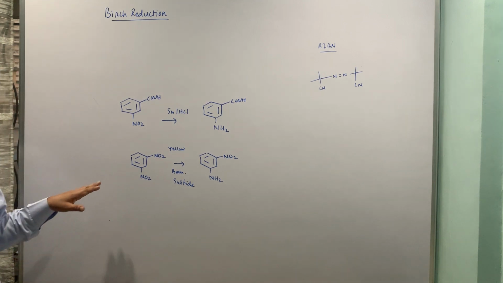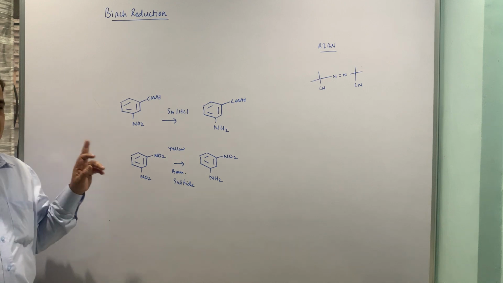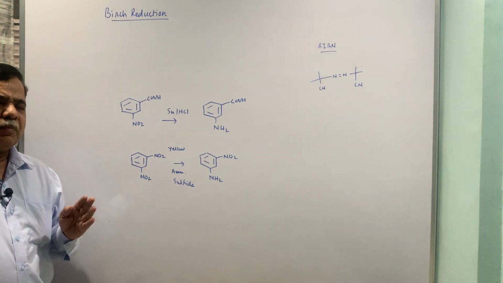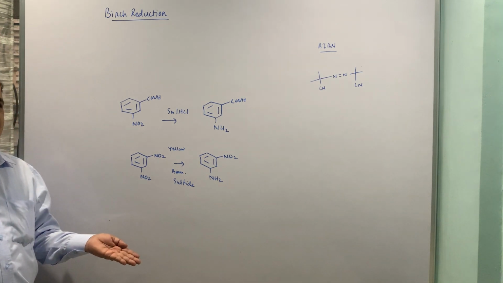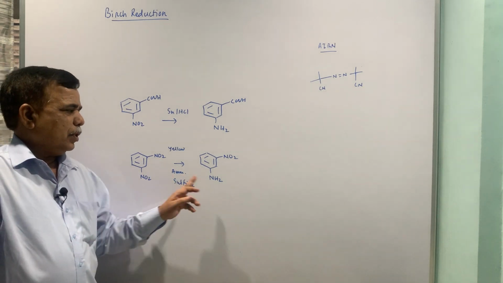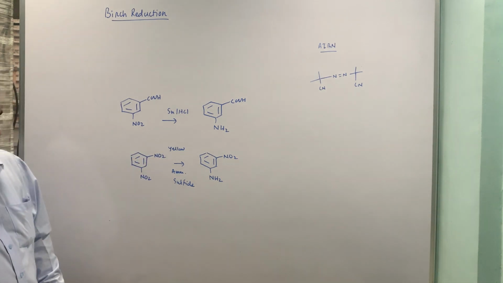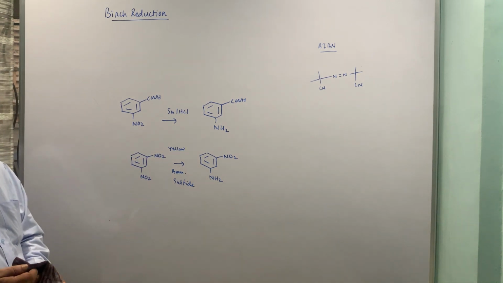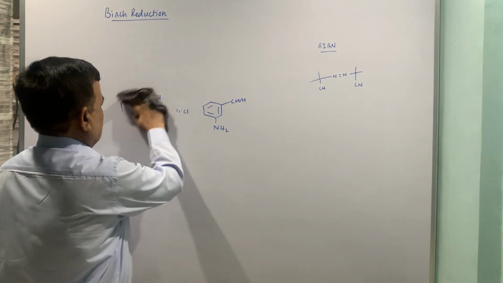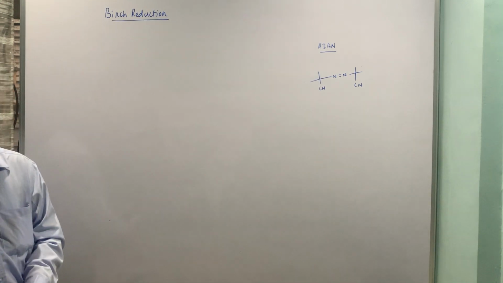Alternatively, you can dissolve this compound in alcohol, put ammonia and pass H2S gas until you get the precipitate of sulfur. That means H2S is getting oxidized and this compound will get reduced. Only one NO2 is reduced, the second is retained. So, that is the beauty of this reagent. So, yellow ammonium sulphide is more selective and you get the partial reduction of one of the NO2 group, the other group is retained as it is. So, that selectivity is there with the reagent.